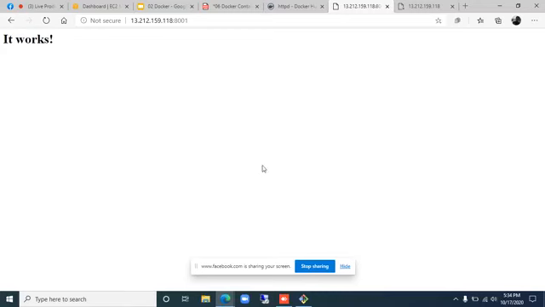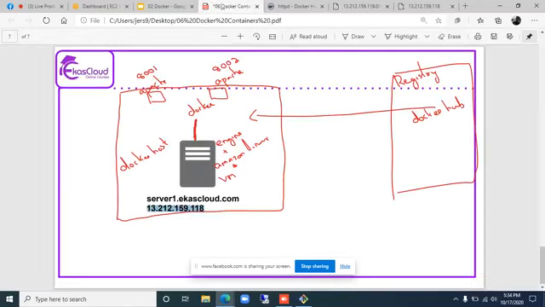It is also possible to log in to the container, and if we need, we can change the website or maybe some code.